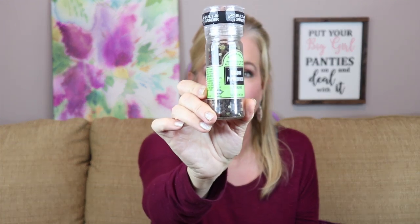And then I did pick up some pepper. I forgot to tell you about this rainbow peppercorn pepper, I just like it, and it was very inexpensive. And then